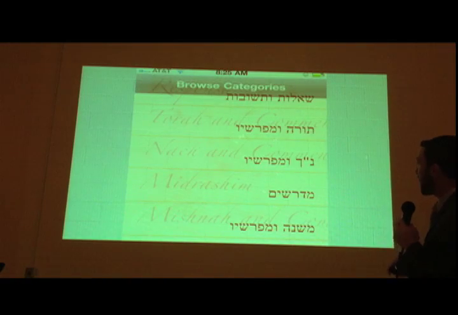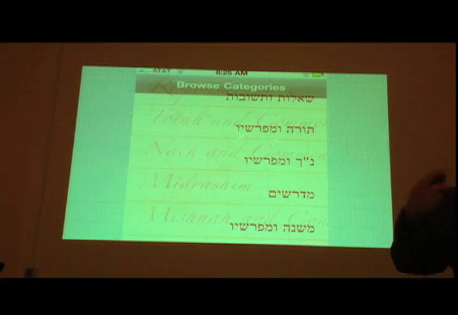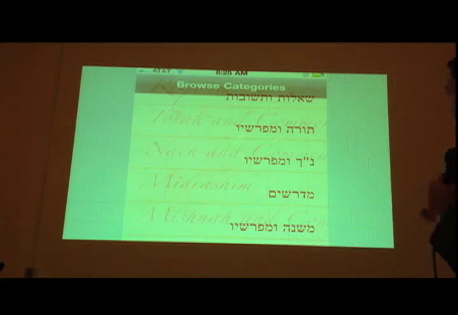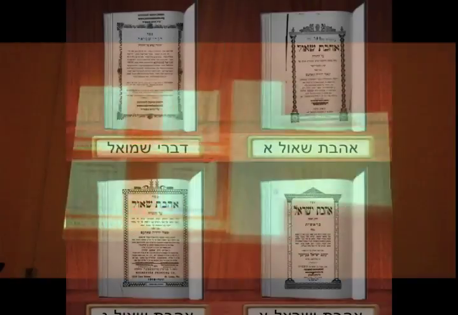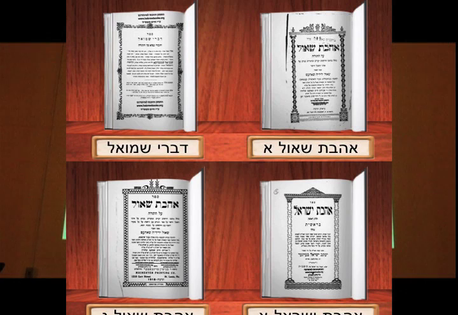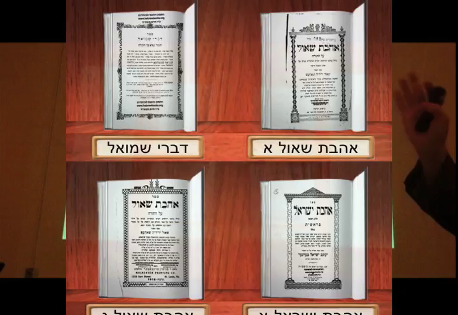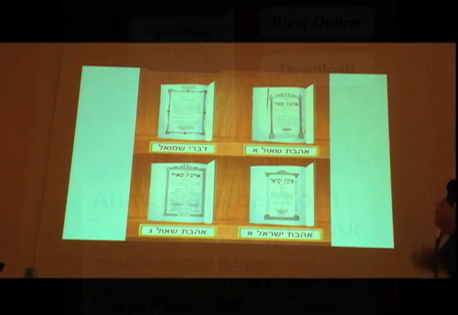And it lets me browse the categories. Do I want Torah, Tanakh, or Mussar, or Halacha, or Hashkafa, or Contemporary? And when I click on a category, this is from my phone, it loads, and I can scroll hundreds of times through thousands and thousands of titles. And let's say I start with that book on the top right. Yeah, I want to look at that. So I click on it.